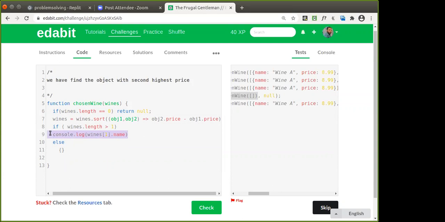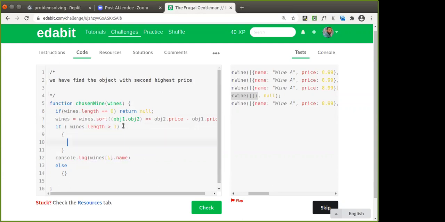So from that we can just return this. So what can you return here? Return wines of 0, sorry, 1 dot name.